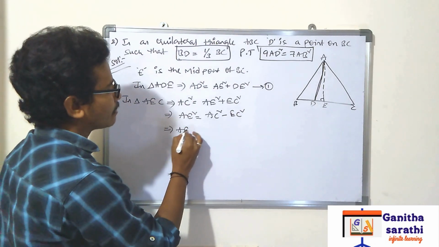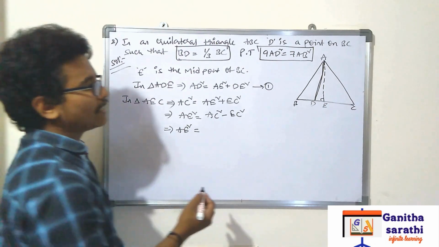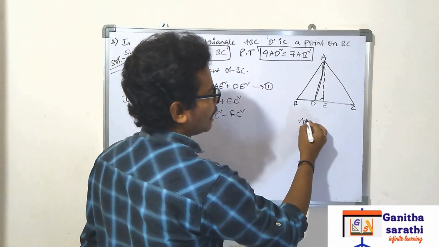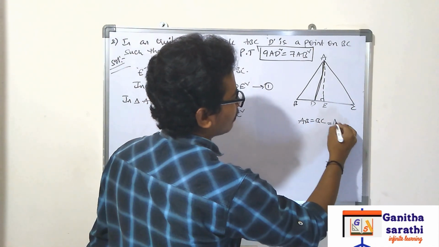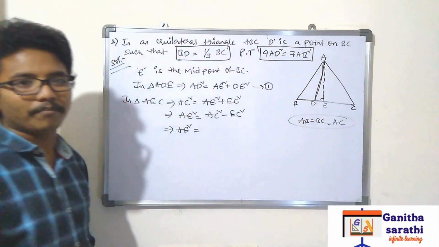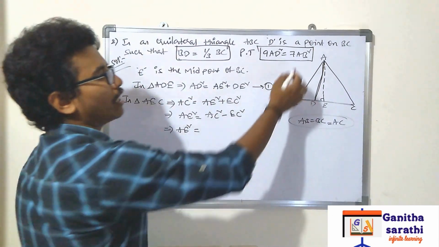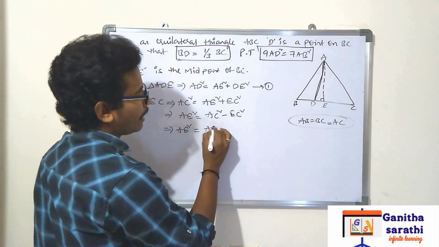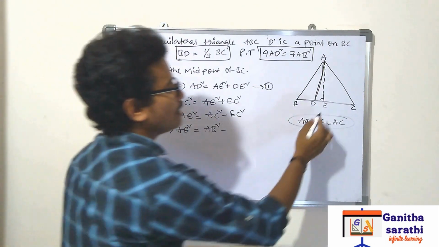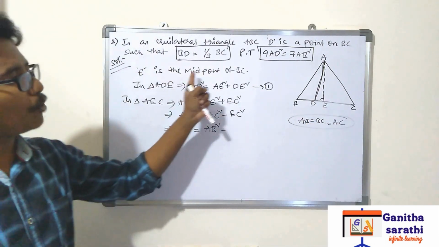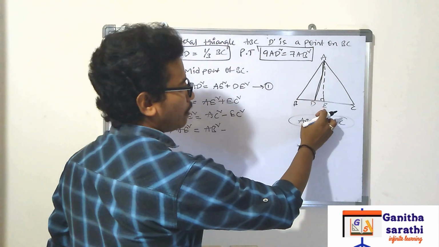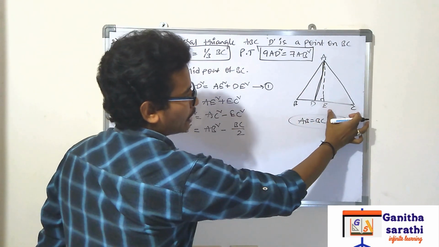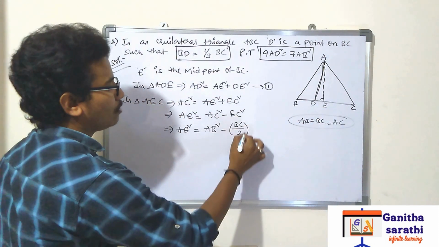Now AE square is equal to, how can you write AC? We all know that this is an equilateral triangle, which means AB is equal to BC is equal to AC. Three are equal. But we have to convert that into AB, right? So in the place of AC, I am writing AB. AB square minus EC square. I have already said that E is the midpoint of BC, so EC can be written as BC by 2, BC by 2 whole square.